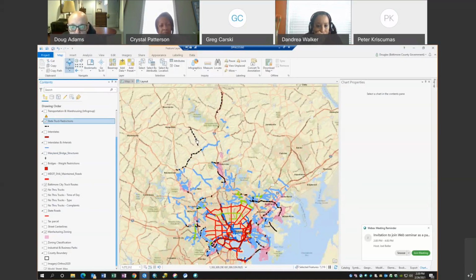Some of the state restrictions are a little difficult to interpret, but there's already a system in place that the trucking industry needs to follow to figure out where they can move loads across the Maryland landscape.